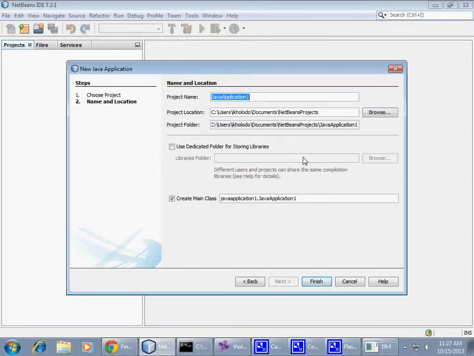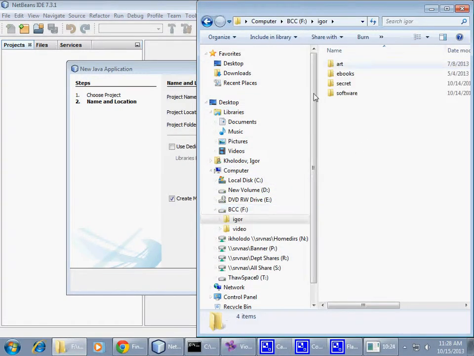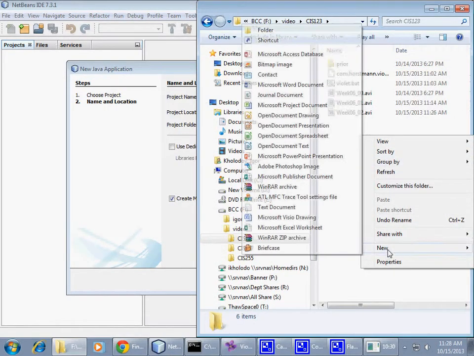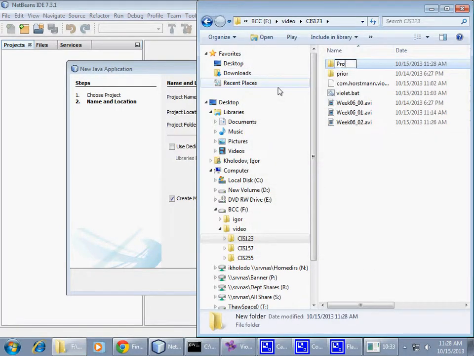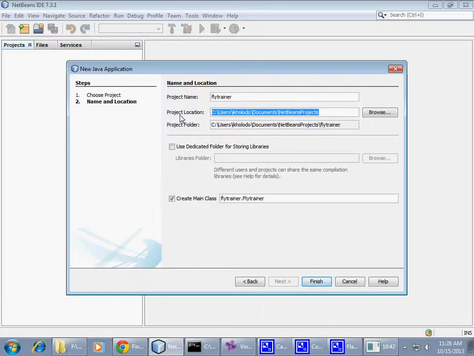All right, so I'm going to name this one Fly Trainer or something. I don't know. And then the location of this, I would like to go to my portable drive so I can carry it with me. We'll say 1, 2, 3, projects. All right, so projects, we can do it here. Okay, so this would be my location, and I am going to name this main